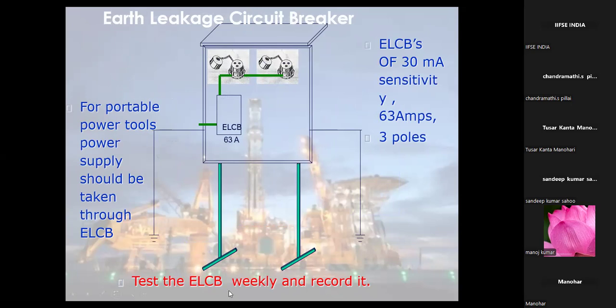See, as I've told, RCCB is independent of earthing. But when we use welding machines, definitely you go for local earthing of the body, and also you check the earthing of your electrical system. There is a possibility that in absence of proper earthing, the RCCB may trip again and again, causing frustration for the welders. That is why we go for ELCB.